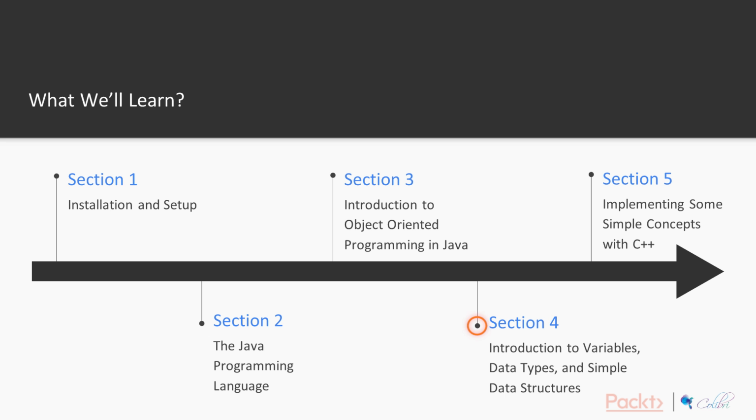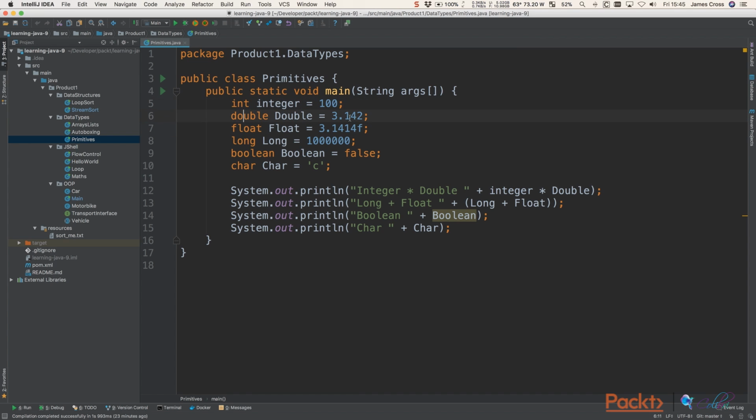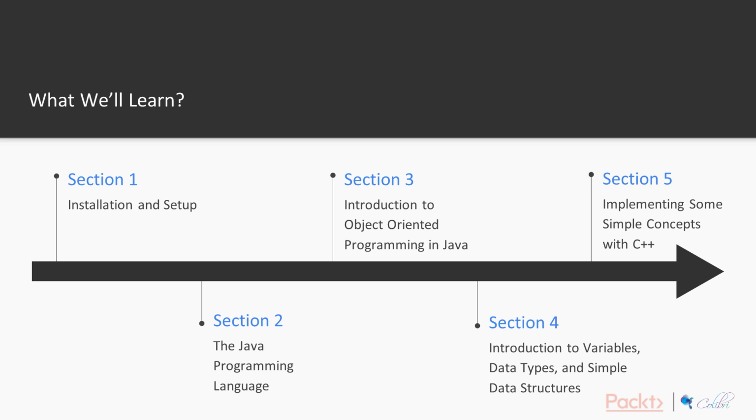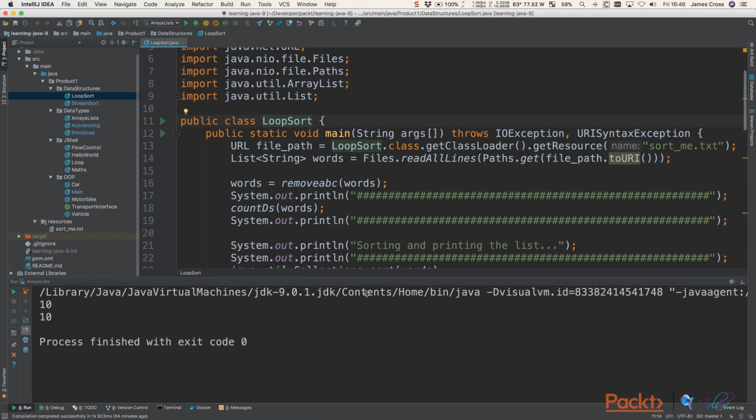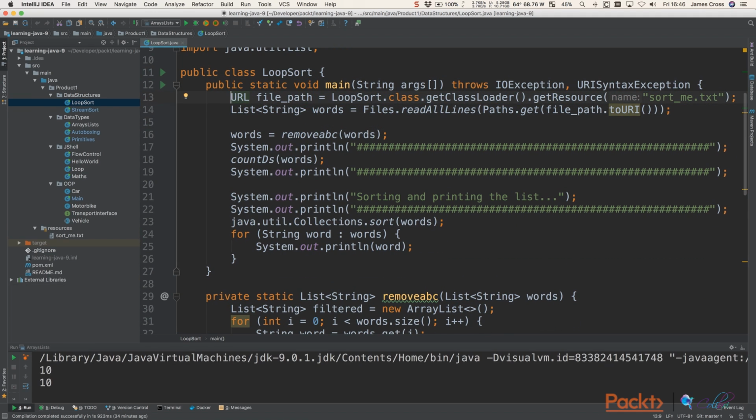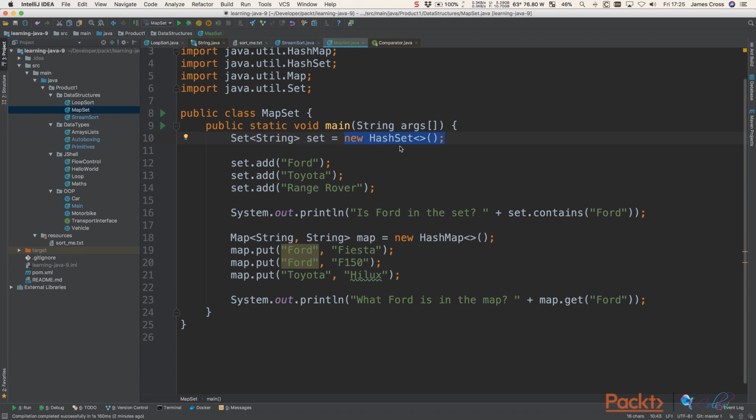Next, we're going to take a look at some of the paradigms of the Java programming language, things like variables, data structures, and data types, how we can use them, and what types and structures to use where and when. And then we're going to move on to some more data structures, some slightly more advanced structures like lists, maps, sets, and how we can leverage some of the features of the Java programming language to process data stored in